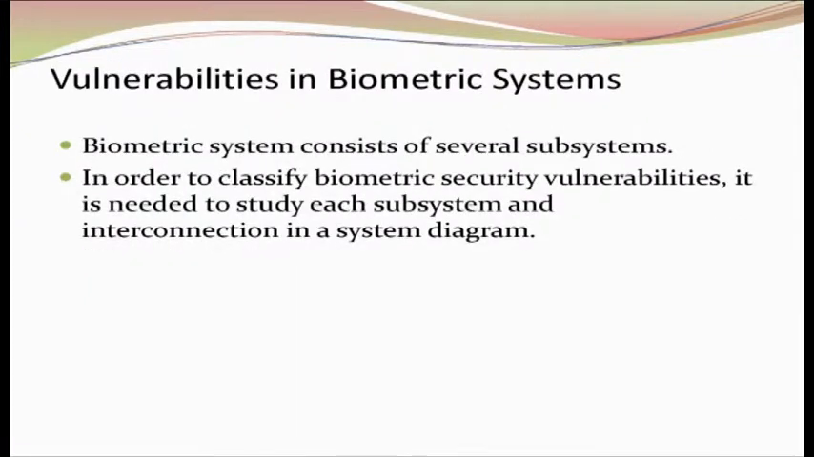Okay. Now, let us think about this: a biometric system consists of several subsystems, agreed, and each subsystem is connected with another subsystem. So, vulnerability can occur at any stage in a subsystem, or in the link or connection between the two. For example, if you see this diagram,